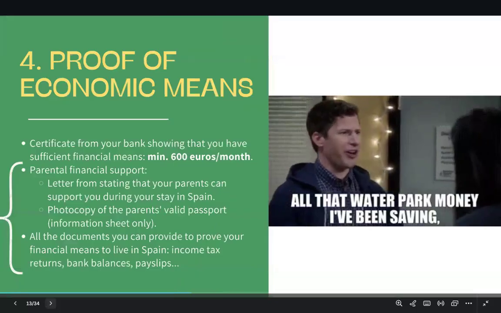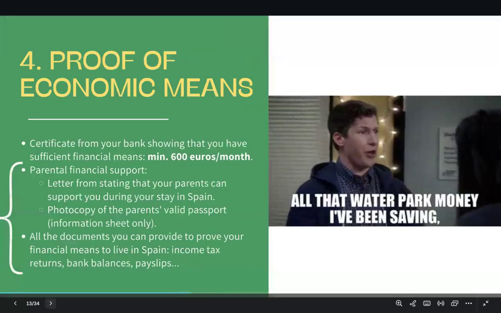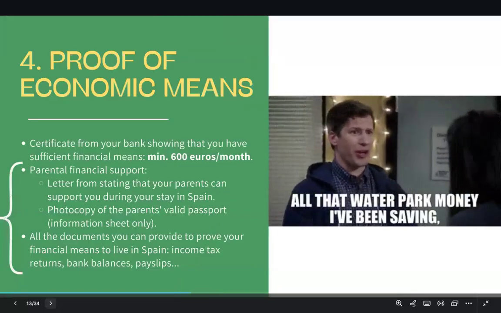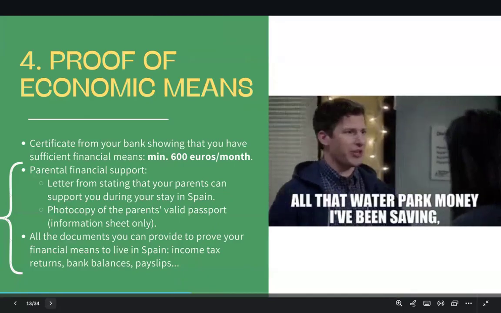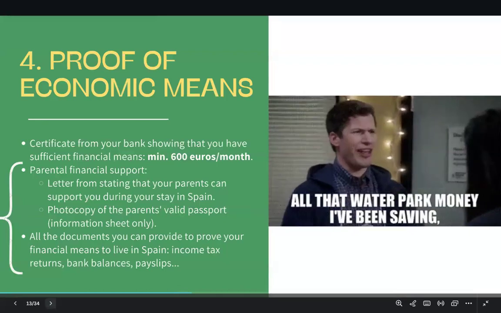Now another document is the proof of economic means. If you are financially responsible for yourself, a certificate from your bank showing that you have a minimum of 600 euros a month is enough. You can show your bank extracts,